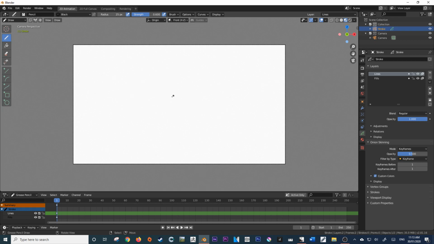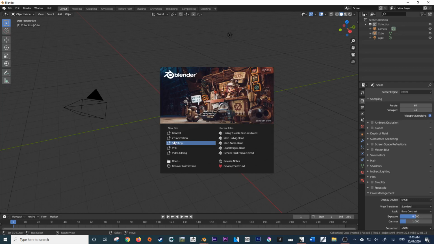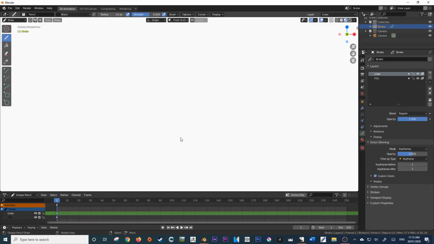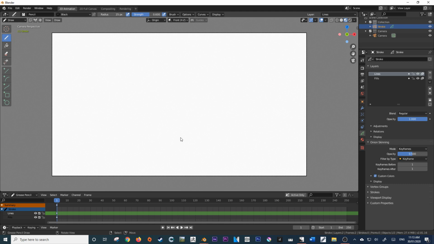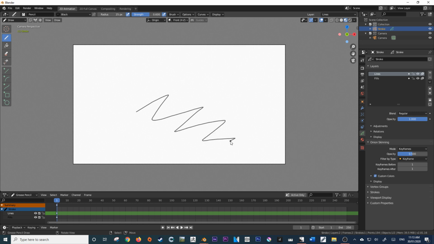The next way is once we've opened Blender. So if I just open up a new Blender, now before we exit the splash screen, there'll be a little prompt giving us new file and again 2D animation. So it's exactly the same as the way before, it's just a quicker and faster way if you're just starting up Blender for the first time. And again, we are ready to start drawing straight away. It's pretty great.